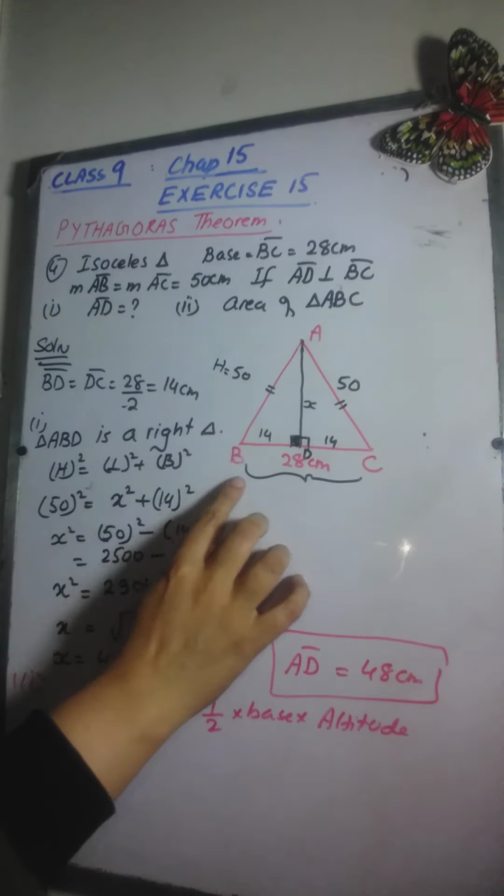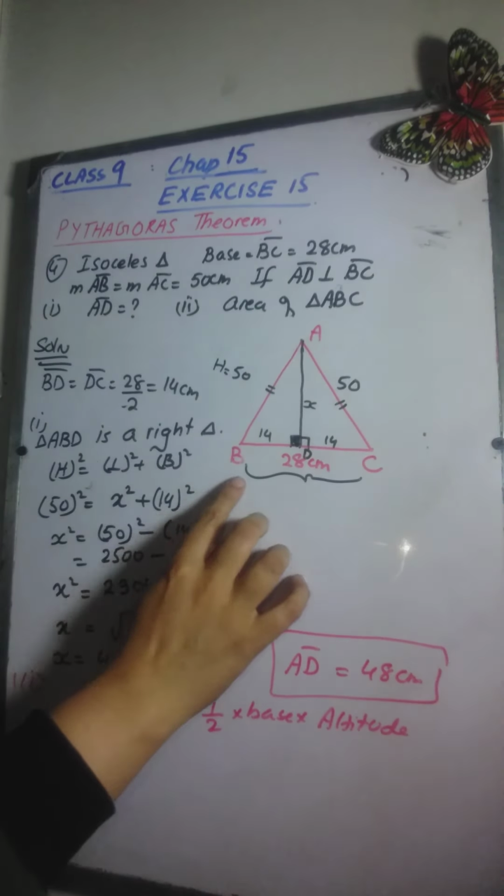Now in question number 6, they have given us triangle ABC, and it is given that angle ACB is 90 degrees. It means that the angle C in this question, this whole angle, is equal to 90 degrees. And it is given that CD is perpendicular to AB. We have to find AC and BC. These are the unknowns that we have to find. BD is given to us to be equal to 5, and AD is 7.